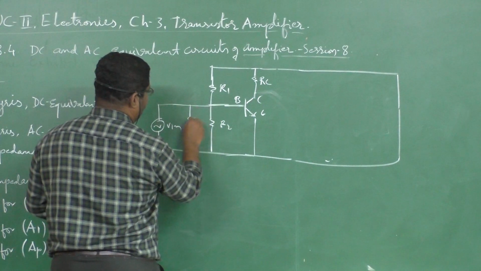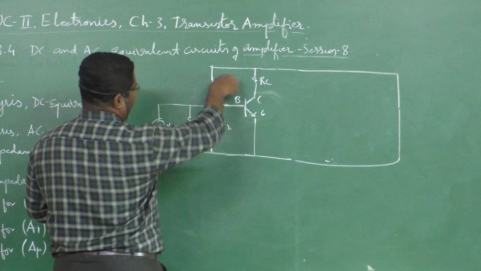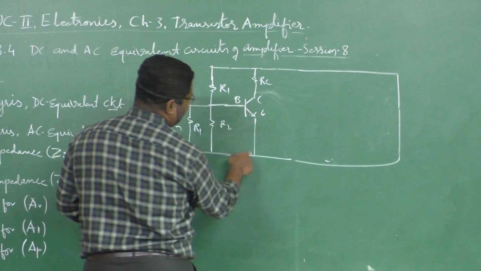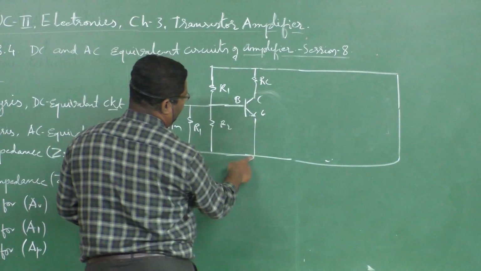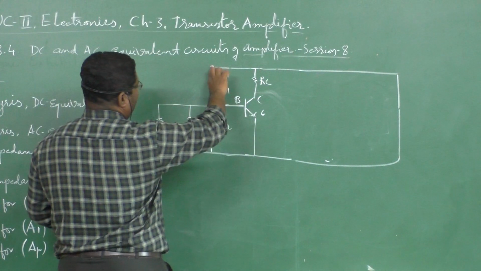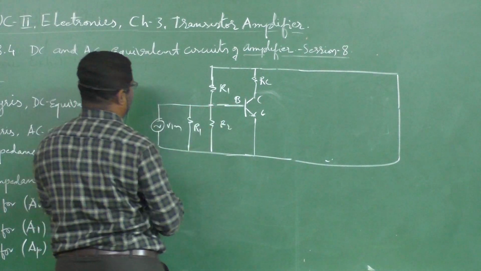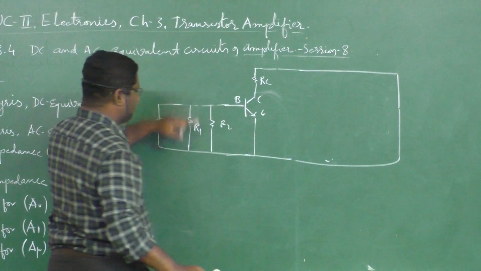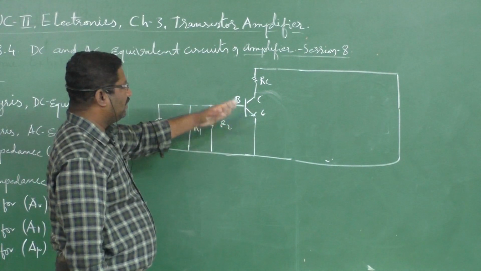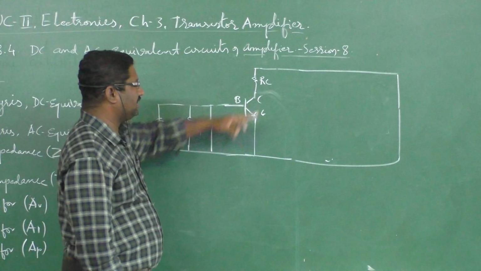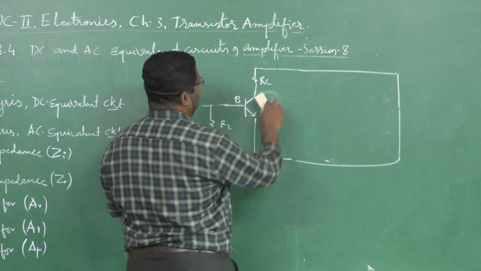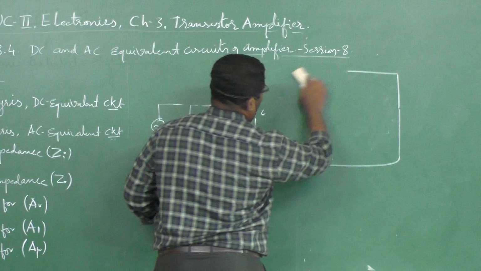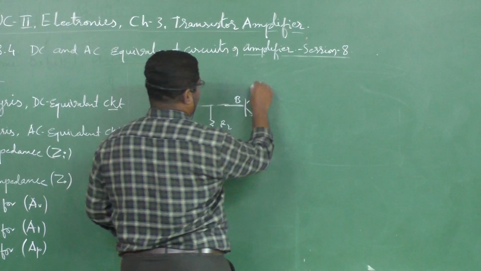So I want to introduce here R1, replace this from base to top terminal, and the top terminal is connected to here. So it means that this is as good as connecting here like this. So the same thing I am doing here, connecting here to the base, from base to the ground. And this RC is connected from collector to the emitter. So if you write here, or here, it is giving the same meaning. So that's why I can write this here also.